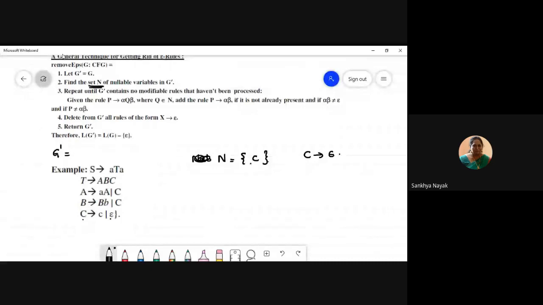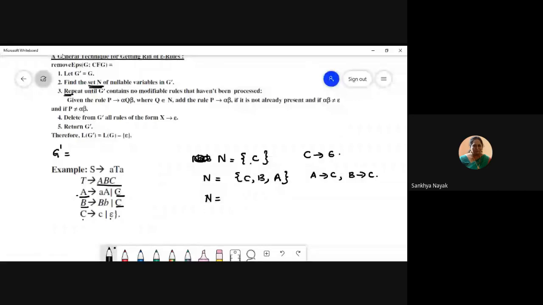Now in the second pass, this is a repeat, right? In a repeat, I have to find everything that is nullable. So now in the second step, what I do is I check. Now B derives C. So which means B is also nullable, correct? And you can see A derives C. Since C is nullable, A is also nullable. So these two, because A derives C and also B derives C, they get converted into nullable in the second pass.